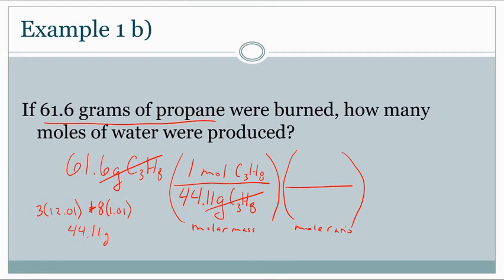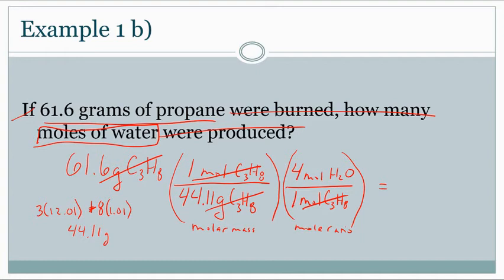My balanced chemical equation had, for every 1 mole of C3H8, I had 4 moles of H2O, because my question is how many moles of water. Okay, everything else can be crossed out. Moles C3H8 cancel. I get 61.6 divided by 44.11 times 4 ends up giving me